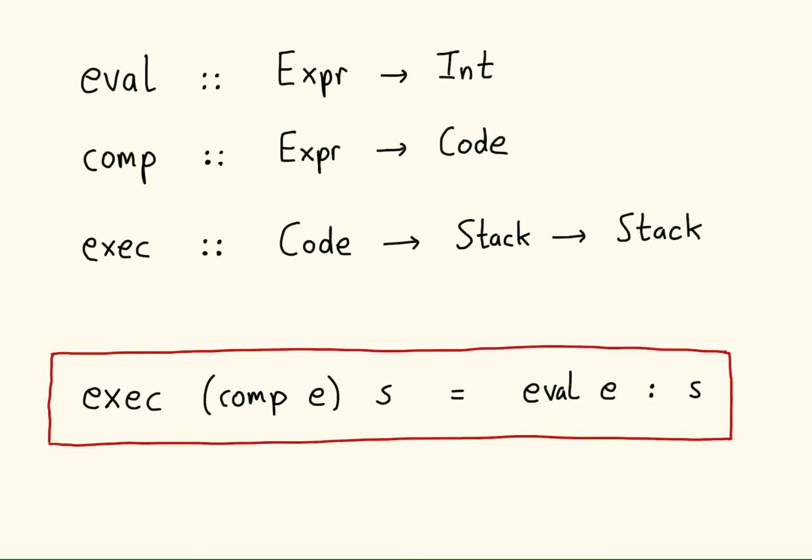So, of course, the proof is going to proceed by induction on the expression E. As usual, we're going to start off with the base case. The base case is when the expression E is simply a value n, or an integer value n. So all we're going to do is take this equation here and plug in the expression E being the value n, and then we want to check that this equation in the red